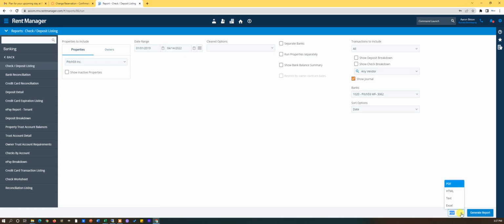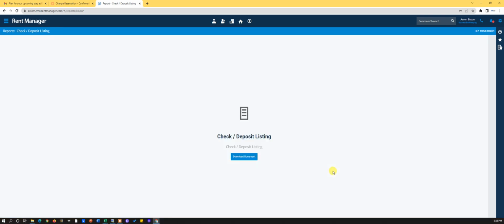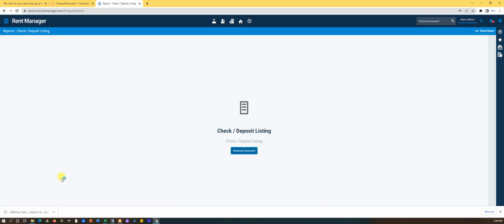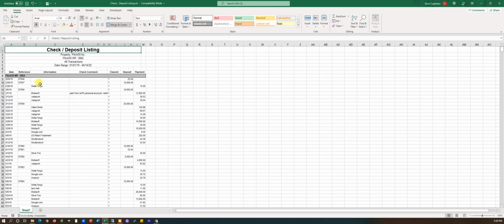Next thing I want to do is come down here and select how I want it to export. So if I want it in Excel, then I'm just going to hit generate a report in Excel. And that will bring me to a page to download the document. And then I'll just click on that. That's going to pop up